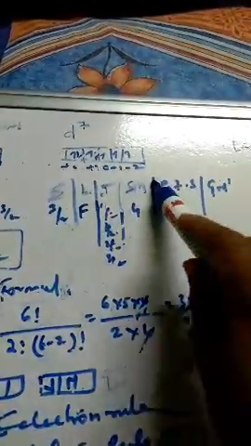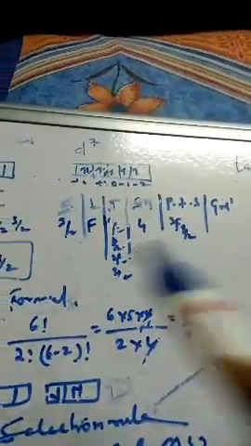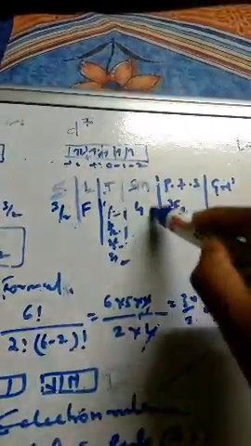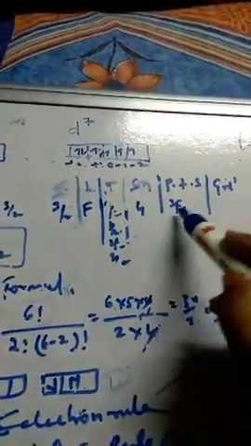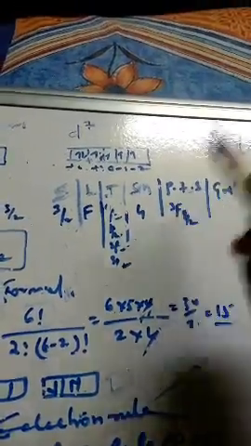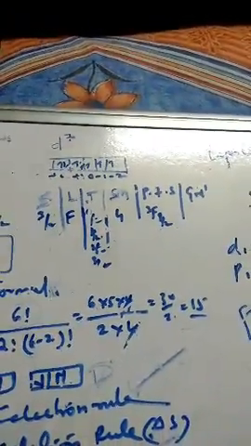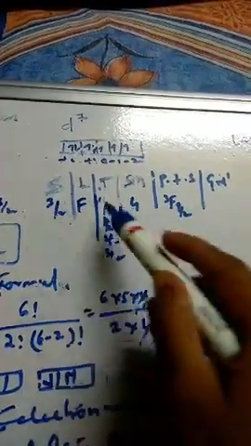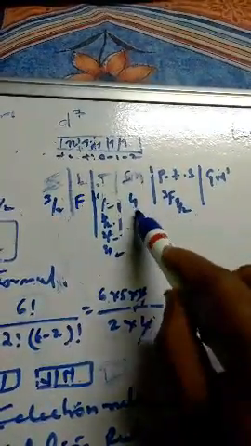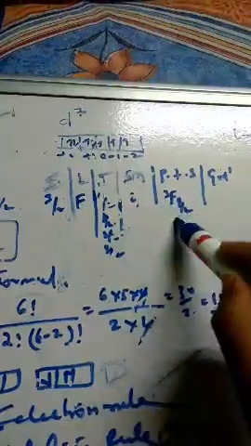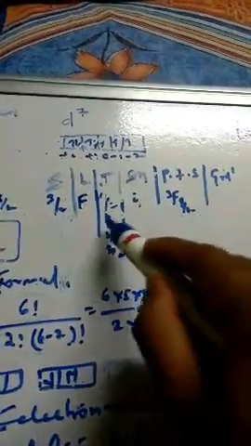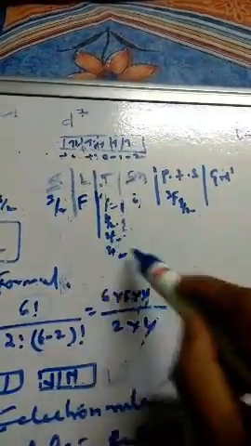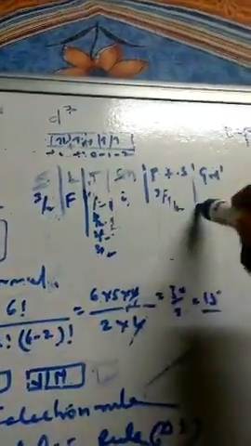Now what is the spin multiplicity? You got the S value as 3 by 2. So 2S plus 1, 3 by 2 into 2 plus 1, that becomes 4. The spin multiplicity becomes 4. So now how many possible states, term symbols, will be possible here? You can see here we got 4. So we get quartet F 9 by 2, quartet F 7 by 2, quartet F 5 by 2, quartet F 3 by 2. Like this, possible terms we will get, among which is the ground term now.